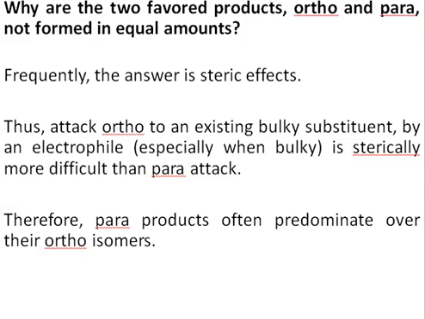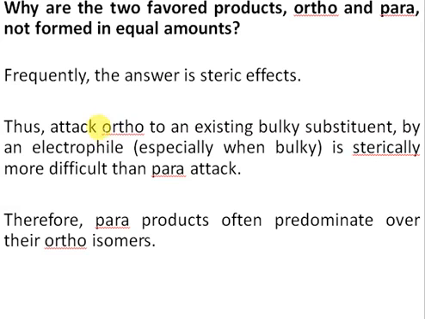Right? So if there is a bulky group next to the ortho position, then because of the steric hindrance, especially if the electrophile is also bulky, it's very difficult for the attack to occur on the ortho position, right? So the ortho product is found in lesser amount because of steric hindrance. If there is a methyl group, then steric hindrance is not significant, therefore you're getting almost 40% of the product. But if you are attaching some group which is much bulkier, then the ratio of the ortho product